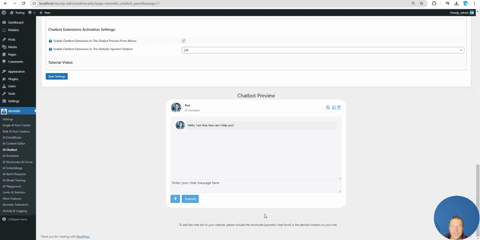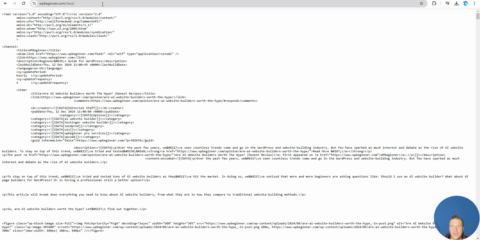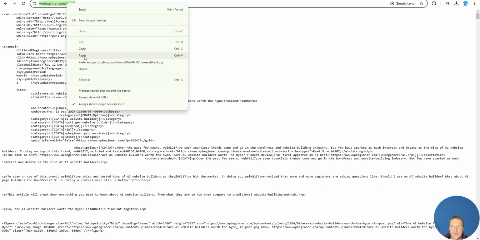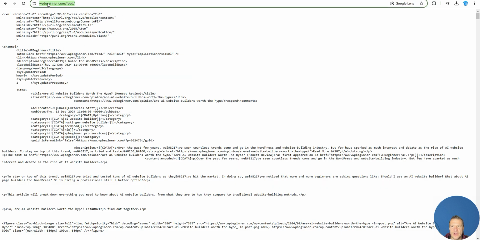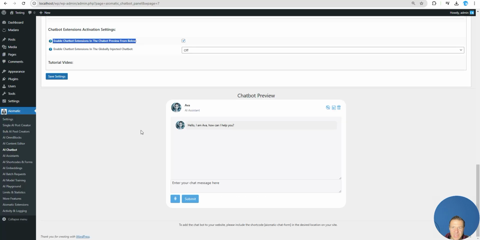So for this I have here the default chatbot enabled. I also check the enable chatbot extensions in the preview checkbox from below, and let's go and for example parse this RSS feed from WP Beginner. So let's ask the chatbot, hi, parse this RSS feed for me please,